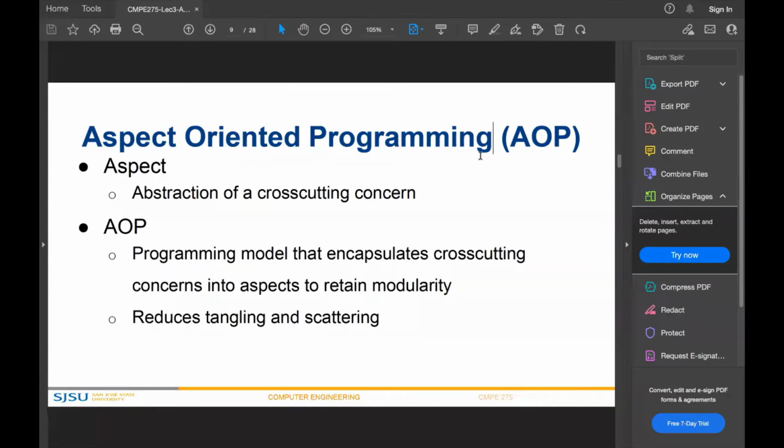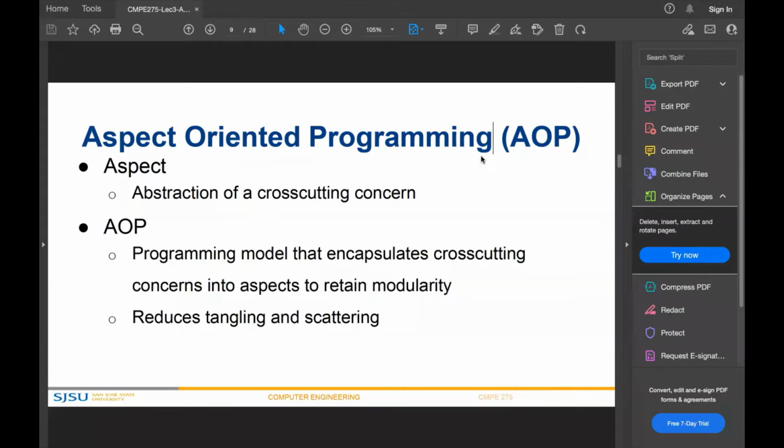Hi, this is Suharsh. Today I'll be taking you through aspect-oriented programming, and we'll also see how this is implemented in Spring. So before we start talking about aspect-oriented programming, let me also take you through what a cross-cutting concern is. So basically, when you write an application code, you tend to